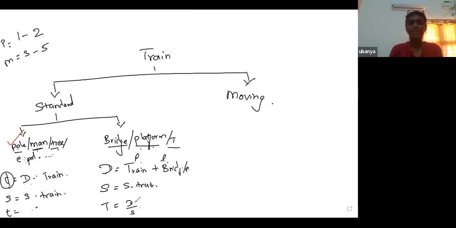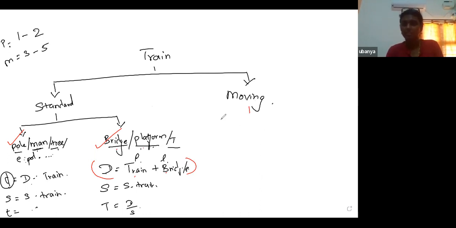So the time taken by the train to cross the bridge, platform, or a still standing train. And this portion is also easier. The only thing we have to consider here is where a train crosses a bridge or platform. The distance we have to calculate is the length of the train and the length of the bridge. And coming to the next section,